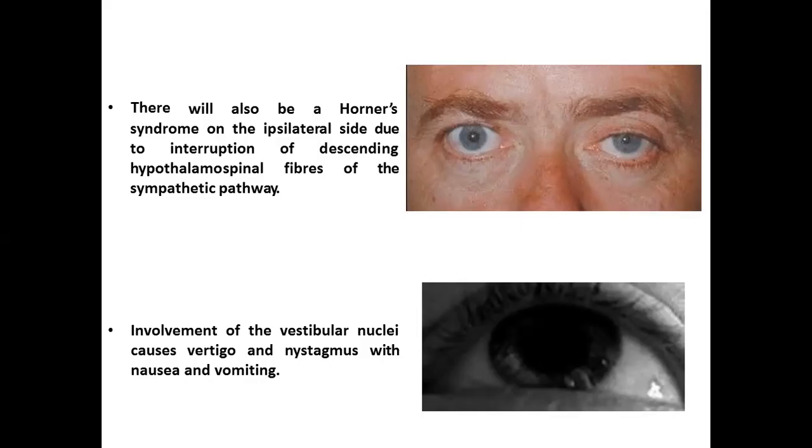So with this, we have completed the second part of the medulla oblongata. In the first part, we discussed the open and closed parts of the medulla oblongata and two sections of the medulla oblongata. And in this session, we have discussed the transverse section of medulla oblongata at the level of olives and the applied anatomy related to it. Thank you very much.